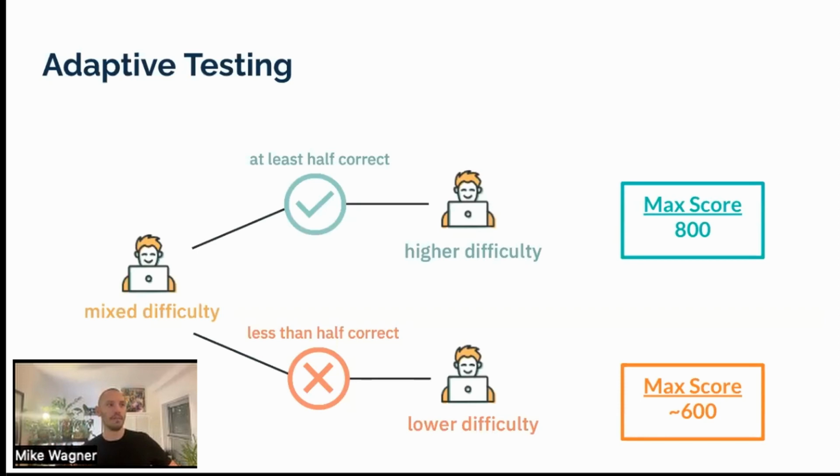It's a little more than half, but if you get about half correct in the first module, then you'll move into the higher difficulty module. If you get like half or less correct, then you move into the lower difficulty module. As of now, the scores are capped. If you go into that lower difficulty, you're not going to be able to get a score of above 600